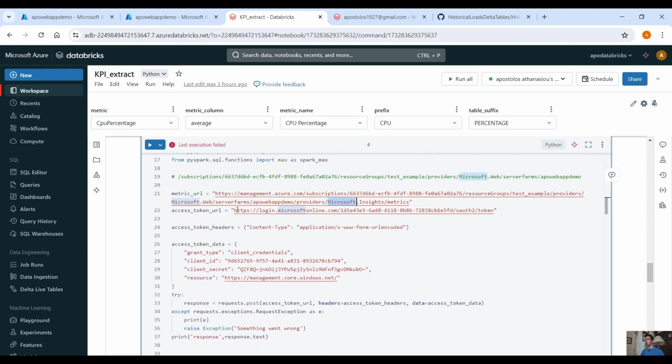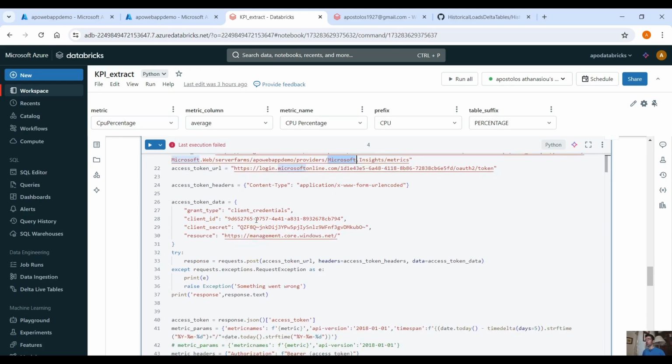And then for the access token, first we need a token for authorization. Of course, we need to use your service principal here. So the access token URL is login.microsoftonline.com, and then here your tenant ID and auth token. And then we have content type, application, and then for access token data, grant type, client credentials, client ID, which is the client ID of your service principal, client secret, the secret of the service principal,